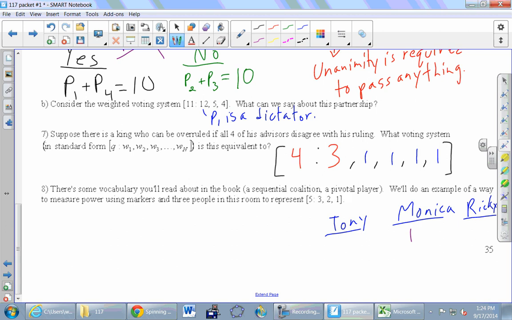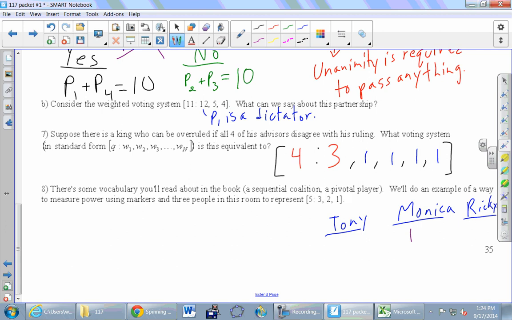But that's only in this particular order, and this is really unfair to poor Ricky. Not only did I only give him one vote, but I didn't even get to him in this election. So what are we going to do? We're going to change the order. In fact, we're going to do all possible orders of these 3 people. Monica and Ricky, switch. And we're just going to let them all vote again. And they're still going to say yes. And we're still going to ask ourselves, who is the pivotal player? Who is the person that finally gets us to this thing where we know it's going to pass? We just got to figure out when.